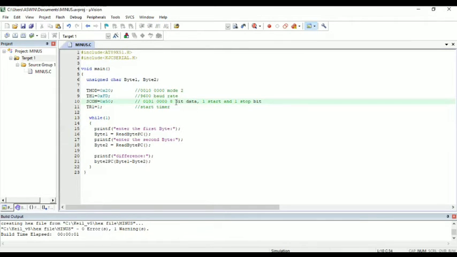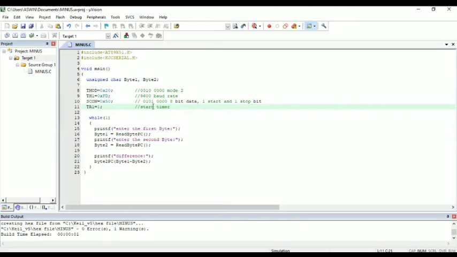This activates mode 1, which is an 8-bit UART, and enables reception, which means collecting data sent via the PC keyboard. TR1 equal to 1 indicates that we are setting the timer to run by giving it a high state.